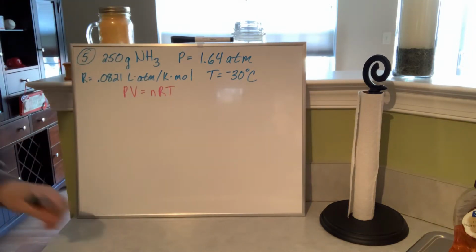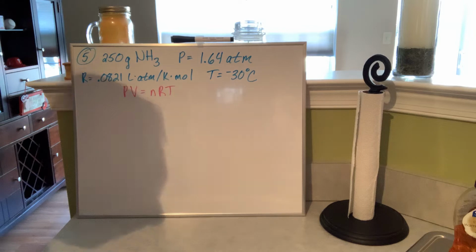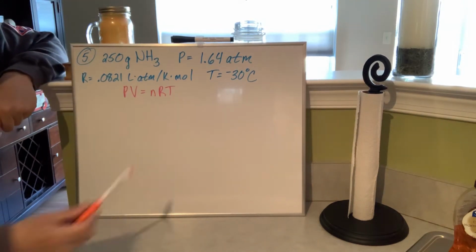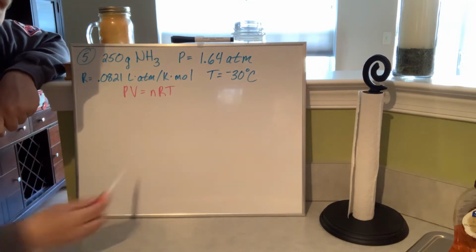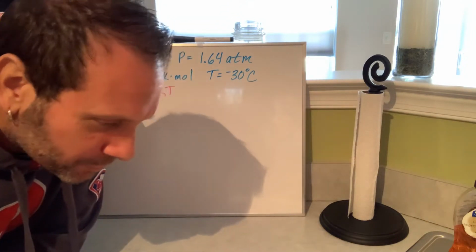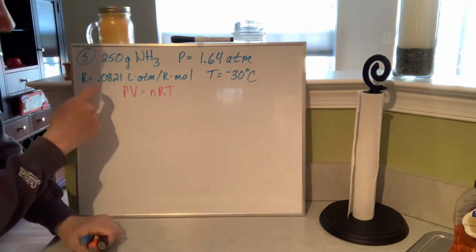So number 5 has to do with the ideal gas law. Now, I don't have the actual problem in front of me, but I have all the pertinent information. So what you have is, I think it said it behaves ideally. And if it behaves ideally, this is your equation. All right, but there's one problem with the PV = nRT equation. Well, there's actually a few problems with it, but the one that matters the most is the R value, which